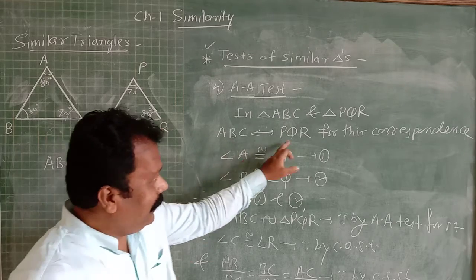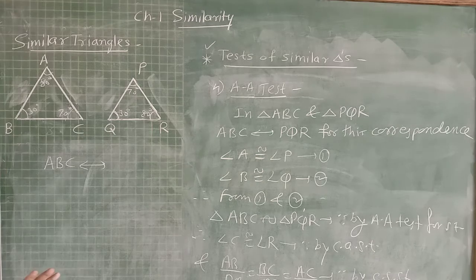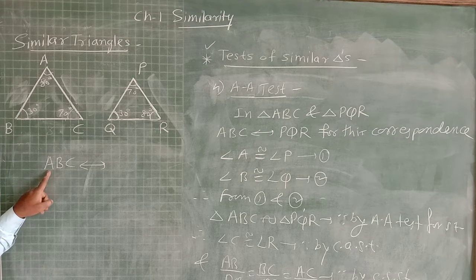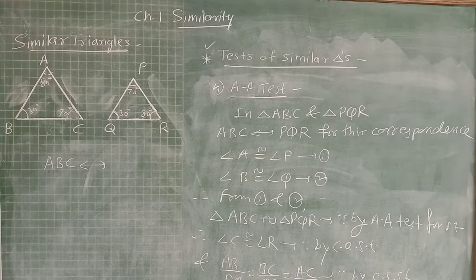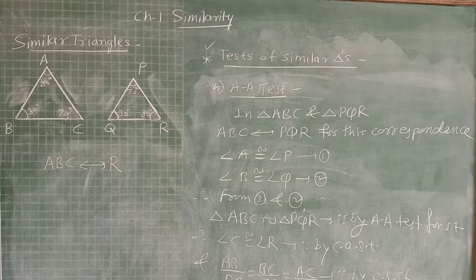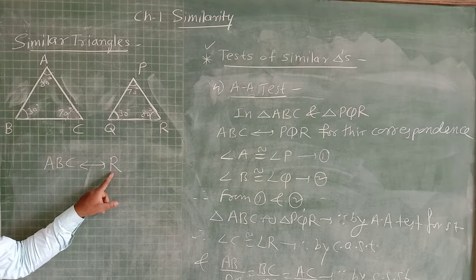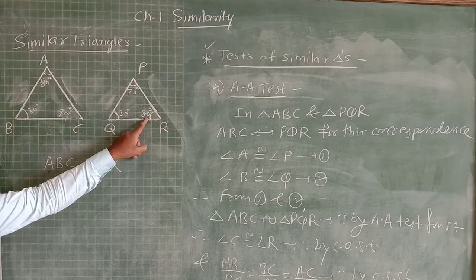Before that, I have written ABC corresponds to PQR. Now, how does it change? According to measures. Now, A here is the first alphabet, the first vertex. Here A is 80 degrees. Now, find out where 80 degrees is. It is R. Angle R is 80 degrees. Then write R. First alphabet is A, then here also the first alphabet is R. Angle A and R, matching or not? Matching. Both are equal, 80 degrees.